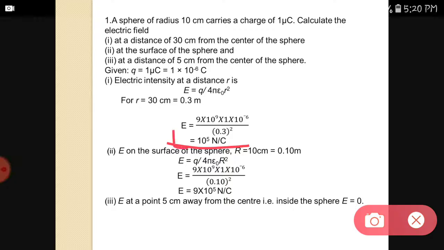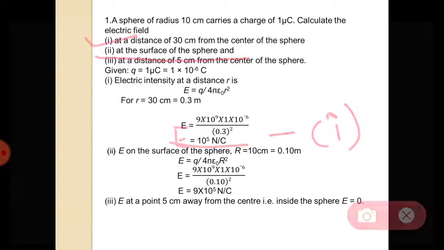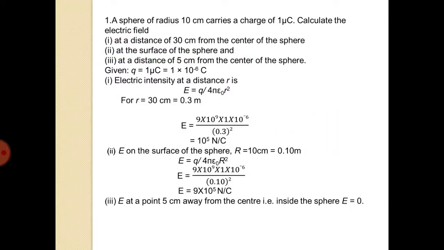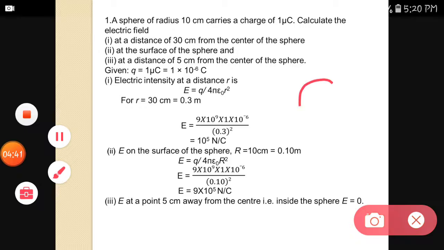So this is the answer for electric field intensity at a distance of 30 centimeter from the center of the sphere. So here is the answer for the first one. Now what will be the answer for the second, which is at the surface of the sphere? What will be the intensity when the particle is at the surface of the sphere? Suppose we consider this is a conducting sphere